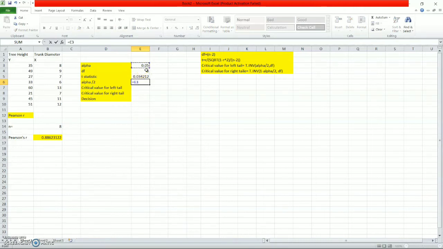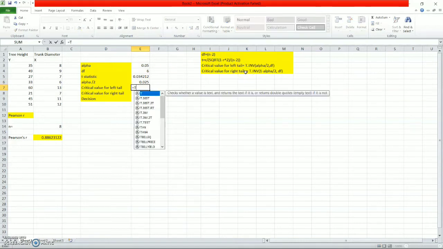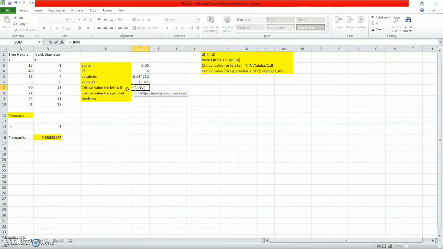Then alpha by 2 is equal to alpha divided by 2, which comes out. And then the critical value for the left tail, we know this is T.INV, alpha by 2 comma the degree of freedom, and then the answer comes. And the critical value for the right tail is equal to,